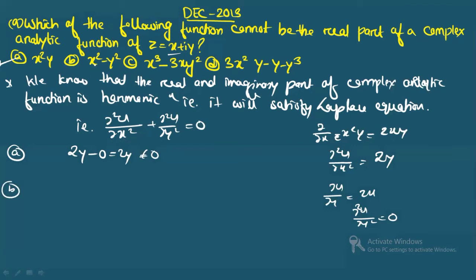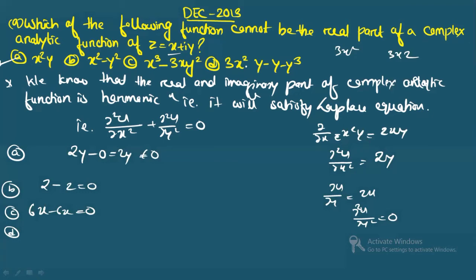Similarly, you can check for B also. If you do the differentiation once, you will get 2x. Again on doing, you will get 2. Differentiating with respect to y, you get 2 as well, so it is equals to 0. For the third term, you will get 3x square. On differentiating once, and again on differentiation, you will get 6x. With respect to y, 3x is constant. On doing once, you will get 2y, on doing again, you will get 2. So again you will get 6x only. So this is also 0. Last option also, if you check in this one, it is 3x square y.